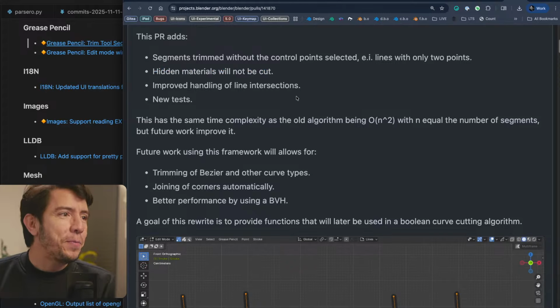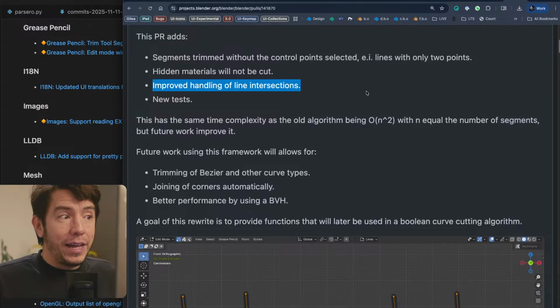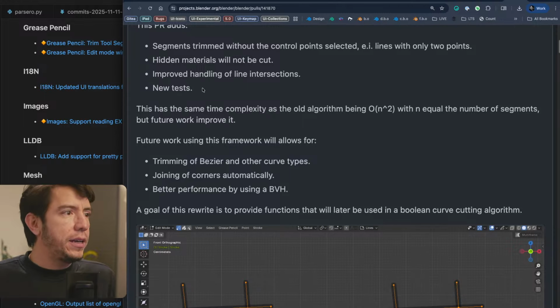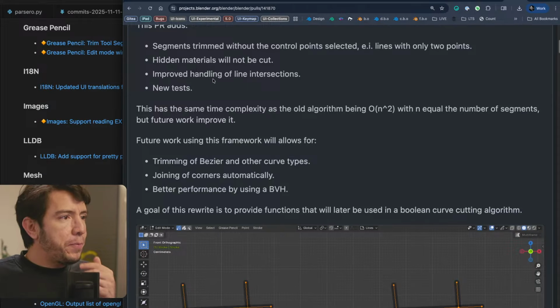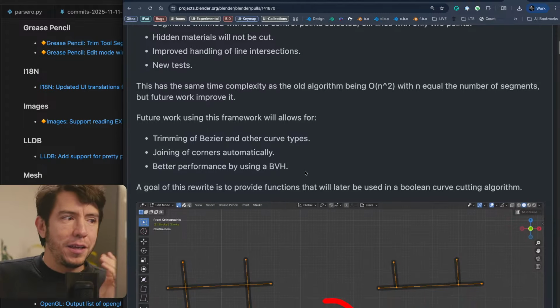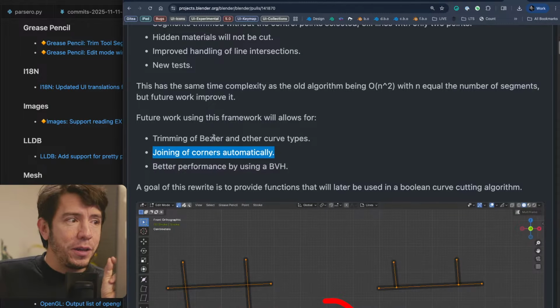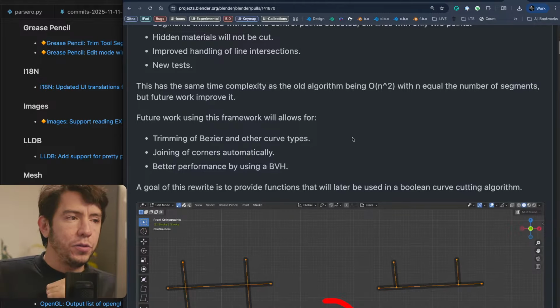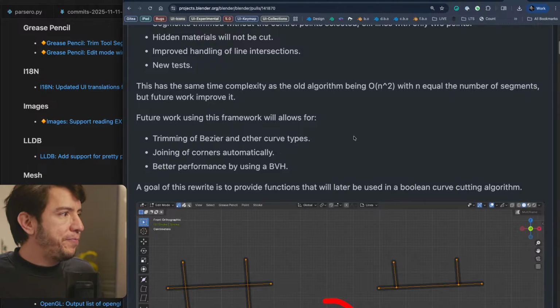Not great. Improves the handling of line intersections, and it has tests, which is always great. Internal tests for Blender. But it opens the possibility for bigger changes, better performance, joining of corners automatically, and trimming of Bezier and other curve types. So not limiting it to just polylines. Nice.